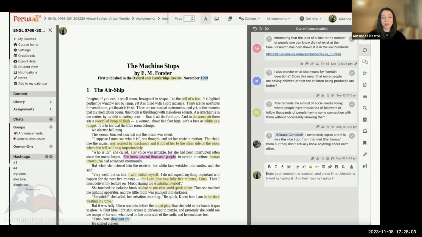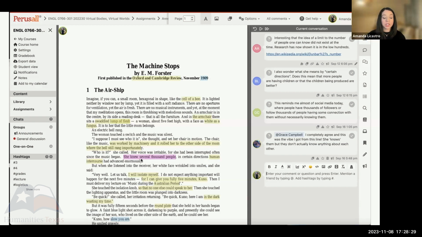I ask them to point out literary devices that they see at work, so foreshadowing, alliteration, etc. And I ask them to ask questions, right? Ask questions for clarification or parts that they don't understand. What you can see in this screenshot is that my students are engaging in a really interesting conversation about this